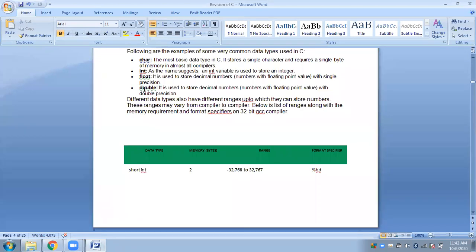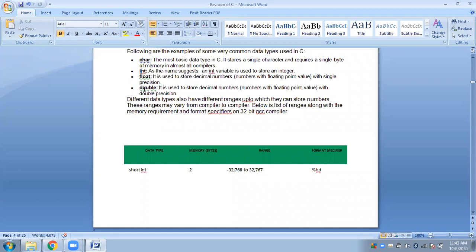Now, as I said, these are for both negative and positive numbers. Integer can be for positive numbers and also for negative numbers. For float or double, you can have positive decimal numbers and also negative decimal numbers. So accordingly you can use it. Now we can add some more words in front of these basic data types to minimize or maximize their sizes. These are the 4 basic data types, but we can do some add-ons.